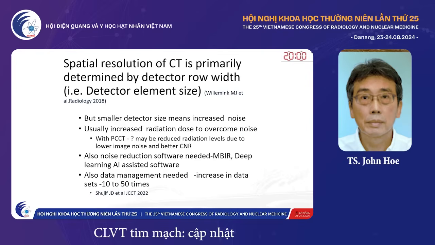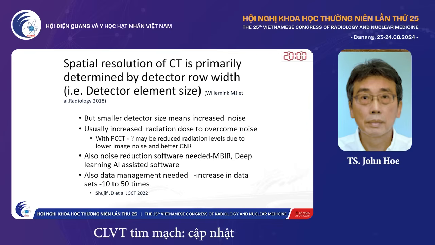So what it means is that, again, I repeat, spatial resolution of CT is primarily determined by the detector row width. But smaller detector size means increased noise and usually increased radiation dose to overcome the noise. With a PCCT, there may be a possibility to reduce radiation dose due to lower image noise and better contrast to noise ratios. Because of the increased noise, you also need noise reduction software, and at the same time, there